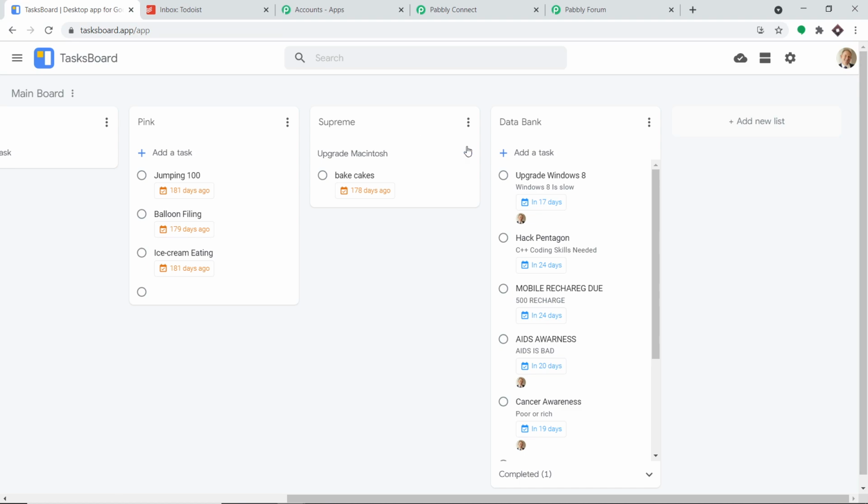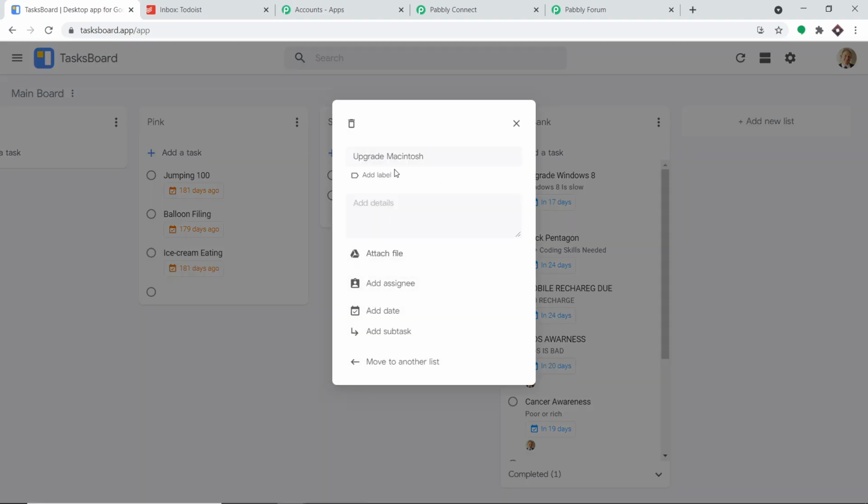Let me press enter, and then we are going to enter some description, set an assignee and also mention the due date. We are going to mention the detail as C-Line, that is a newer version of Macintosh. Version is faster.